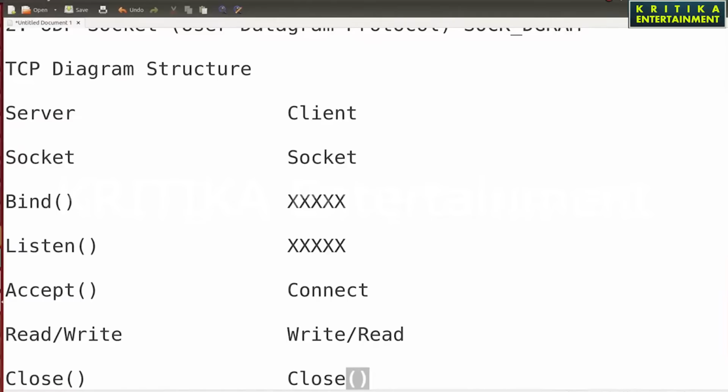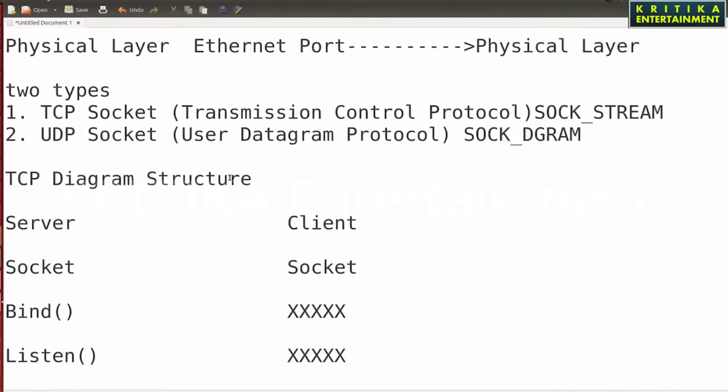When we send any data to the server, it is first sent to the socket, then the socket will be bound. After bind it will listen for connections. It will make a queue through the listen function, then accept requests one by one, perform the read and write, then close. Same as the client: it has a socket, which is an endpoint of communication, but no bind and no listen. The client has the connect function, then write and read, then close. Okay, these are called sockets.